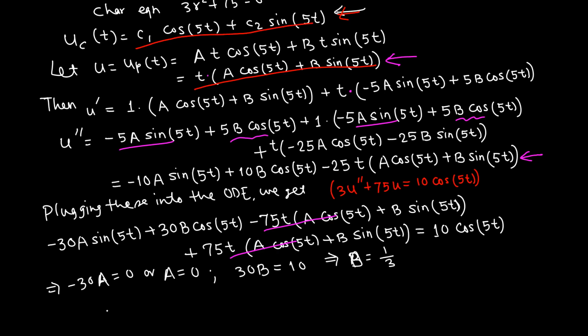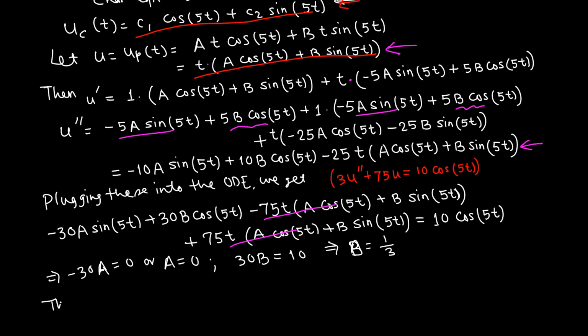Thus the displacement at any time t is given by complementary plus particular, which is c1 cosine 5t plus c2 sine 5t